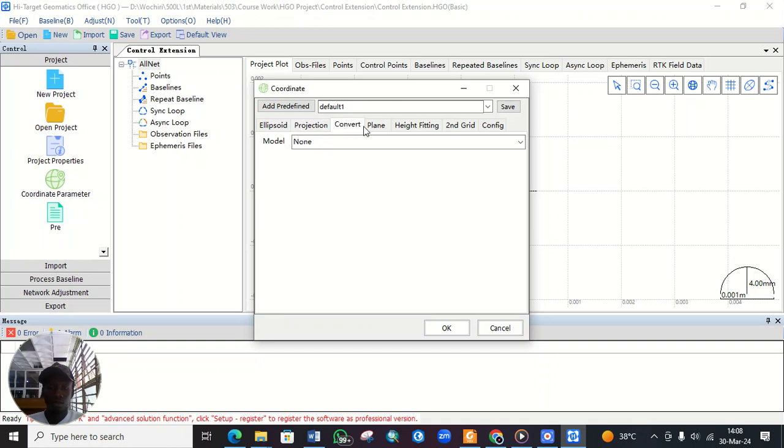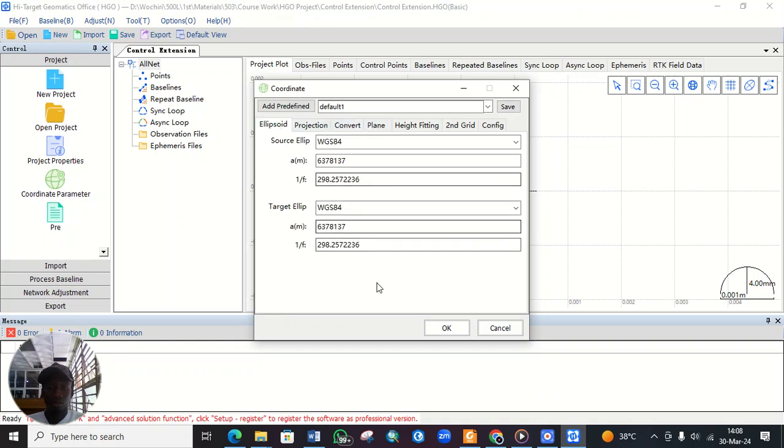You can also, just in case, if I can click on this